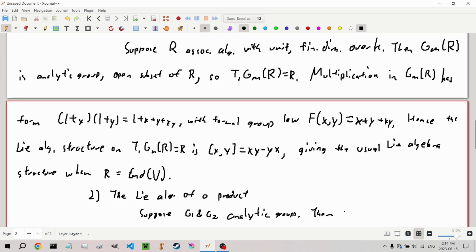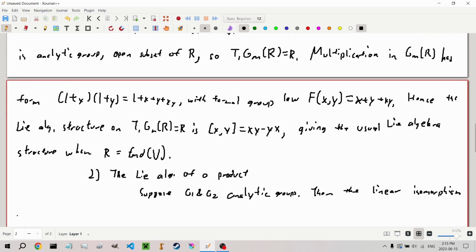Then the linear isomorphism of the tangent space of the identity of G1 times G2 with the tangent space at E of G1 and the tangent space at E of G2